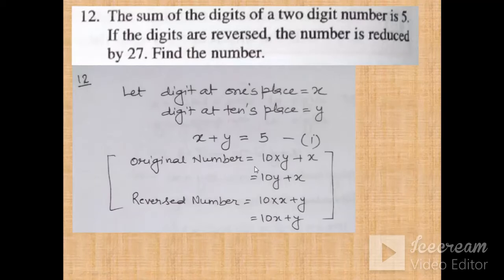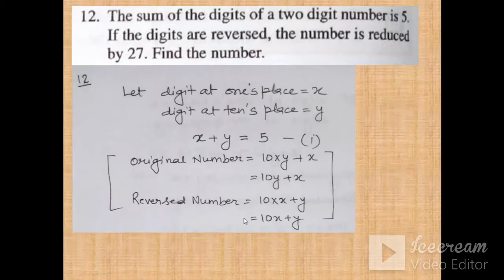Now how do we get the original number? If you remember, you must have studied the expanded form of the numbers in the junior classes, that is, this is the 10's place digit, so we will multiply it by 10, and this is the 1's place digit, so it becomes x into 1, so our original number will be 10y plus x. For example, if the number was 52, how are we writing that number? Previously we are writing it as 50 plus 2. Same case is with these type of questions. Now in place of the digits we have taken the variables, so our original number becomes 10y plus x.